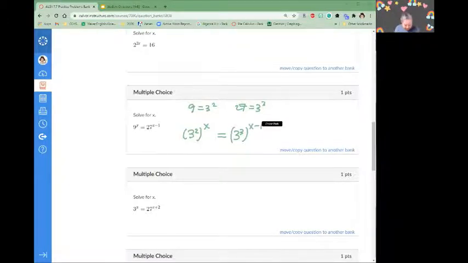Then by using the power rule, so remember the power rule, the left-hand side will be 3 to the power of 2 times x, 2x. Then the right side will be 3 to the power of 3 times x minus 1. Then here, you can simply compare